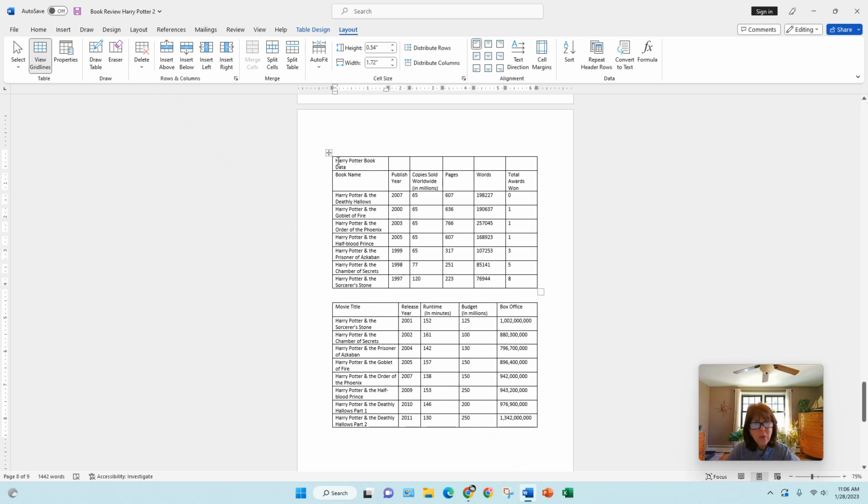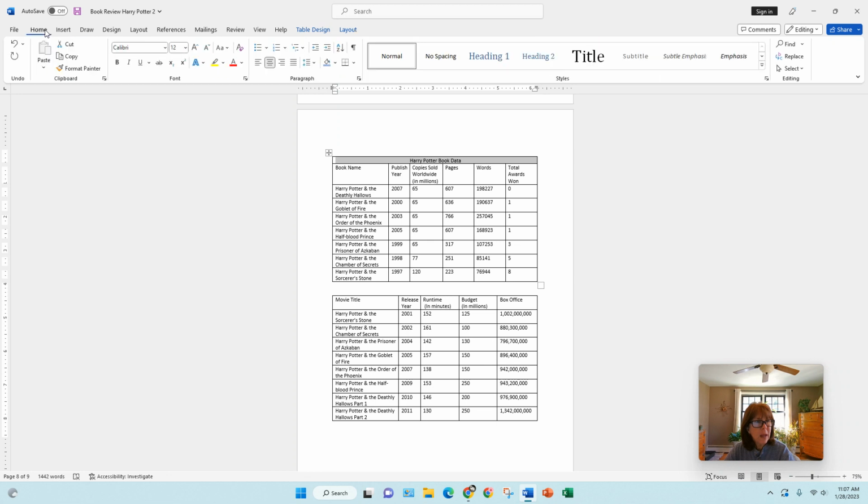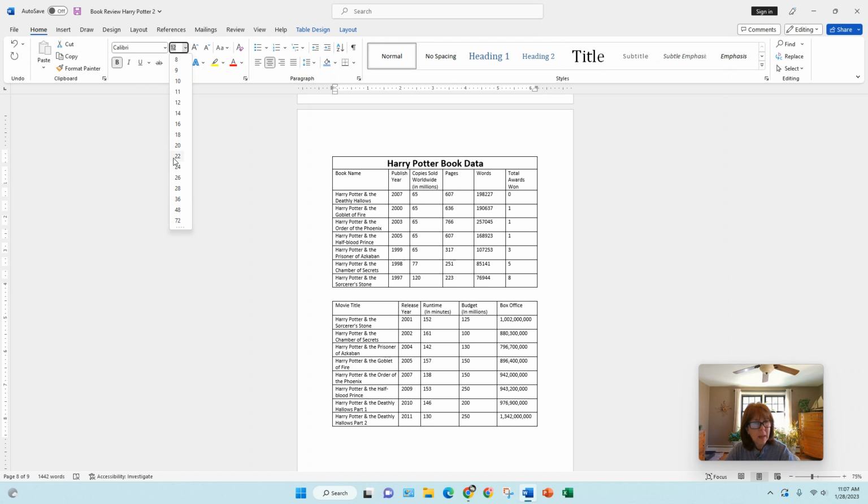And let's say I want to merge and center this across the whole top row so it's a title. I select that whole top row, and then I have this merge group. So I'm going to click Merge Cells, and I can see that it joined them together. That's what merge means. And I can center by clicking the center button. And then again, if I wanted to do any formatting, I could work from my home tab, bold it, make it bigger,